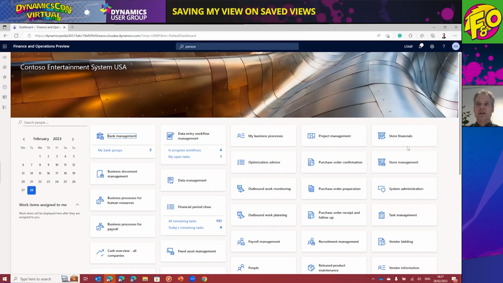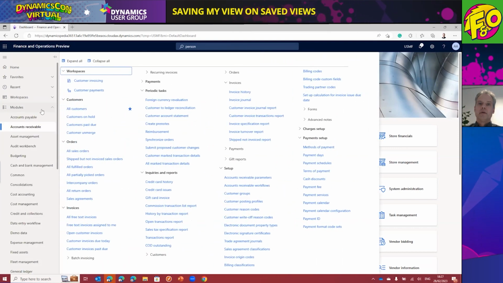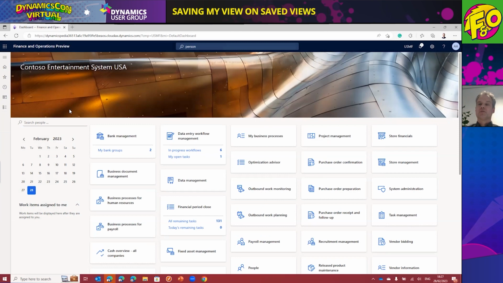When a user logs in, he will just see particular dashboards and not all of these workspaces. If we first go to the all customers form,